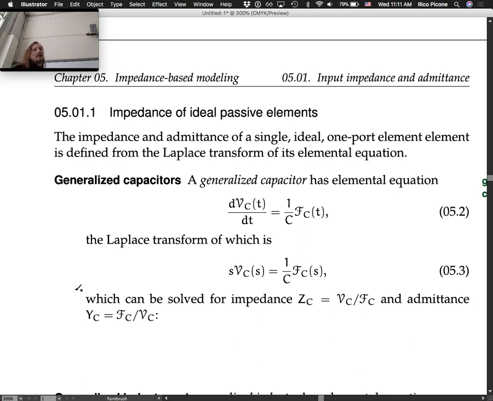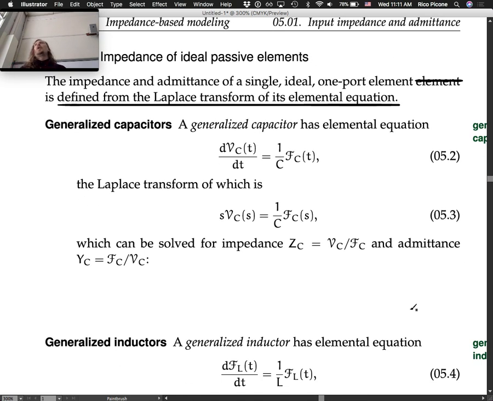So, the impedance and admittance of a single ideal one-port element is defined from the Laplace transform of its elemental equation. So that is a very important fact, okay? So the impedance or admittance is defined from the Laplace transform of this elemental equation. So you take the elemental equation, take the Laplace transform of it, you find the ratio of the across variable to the through variable, and you've got yourself an impedance, the input impedance for that